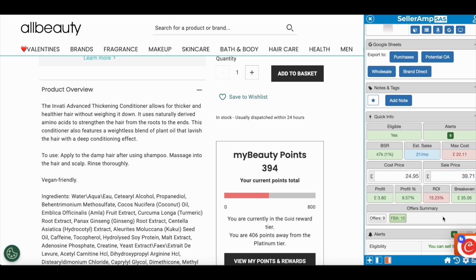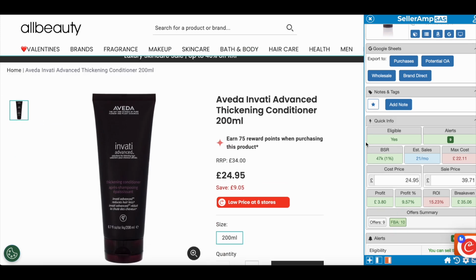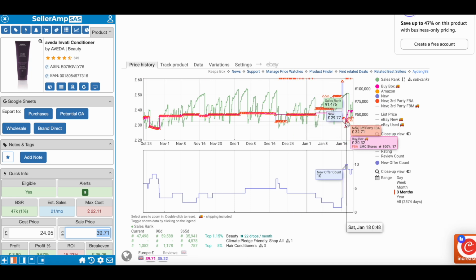over in SAS. We can see that there is a decent amount of profit and a lowish amount of ROI if we were to source this product from All Beauty. Using Cooper and Honey and Top Cashback, you might be able to find a discount code that will lower this price here, thus meaning that your profit and your ROI will always increase. So it's worth always running these coupon codes, and then as per usual we would check and do our analysis